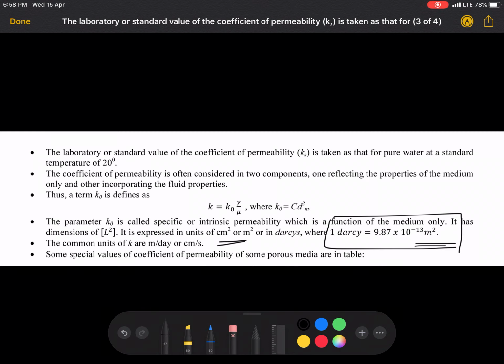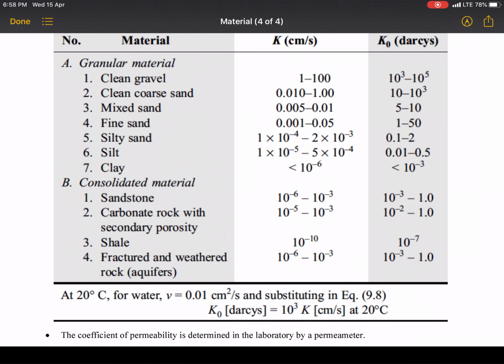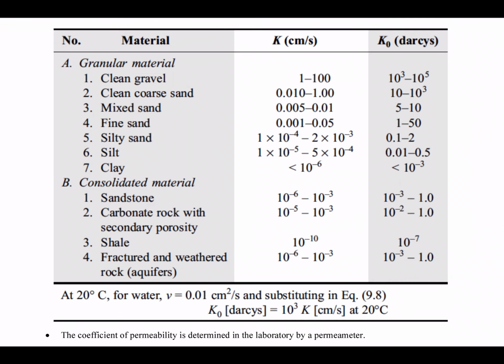Okay, so now let us see what are the ranges of permeability for different mediums. So just for giving you the idea of how, by checking the type of soil or medium, you can easily get to know that the medium is having high permeability or low permeability. So for granular materials like clean gravel, clean coarse sand, mixed sand, fine sand, silty sand,